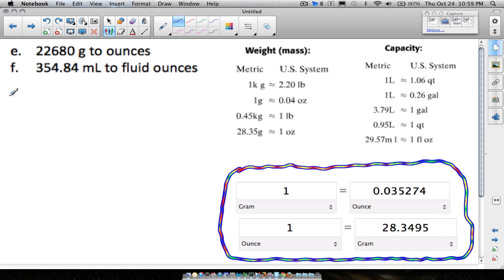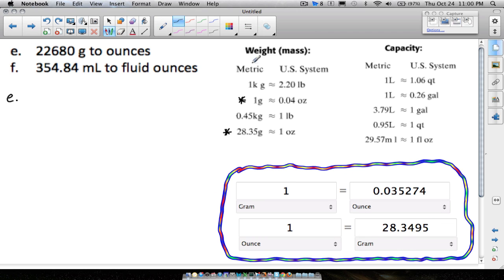This question E right here, let's have a look at it. Let's use this table here. If we want to go from grams to ounces, we actually have 2 options. We have this one here and this one here. Now we're going to work both of these out. On the test, I'm going to give you just one of these. You might say, well, which one are you going to give me? It doesn't matter. I'm going to give you the one that I want you to use. Either one of these are correct, but the rounding can throw your answer off, and I will explain that as we work this problem out. That's why I pulled this up right here, and we'll look at this in a second.